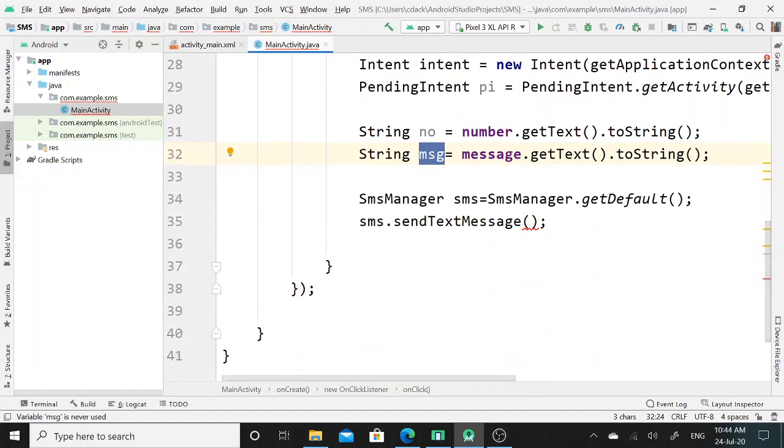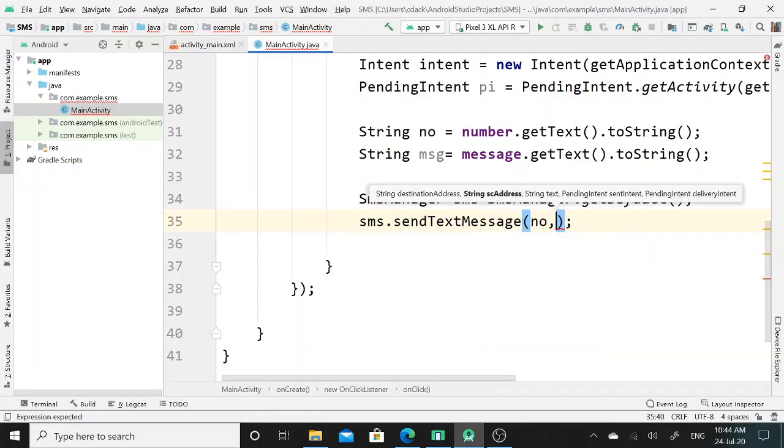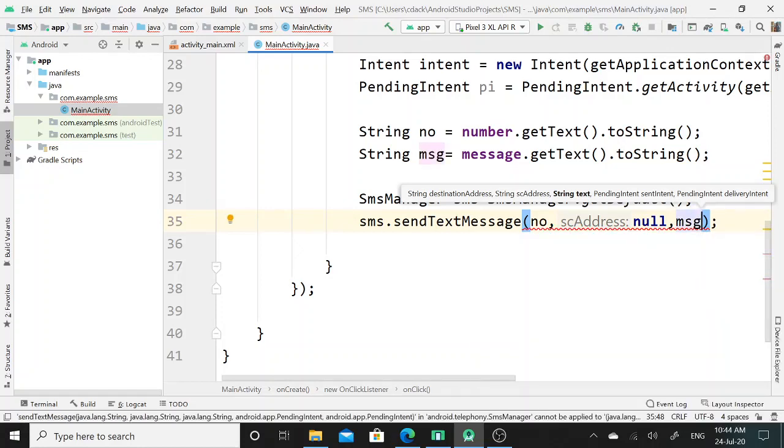And now in this send text message method I will assign 4 arguments. First argument is user contact number, second argument is null, third argument is user's message. So for that I will call over here the msg variable.